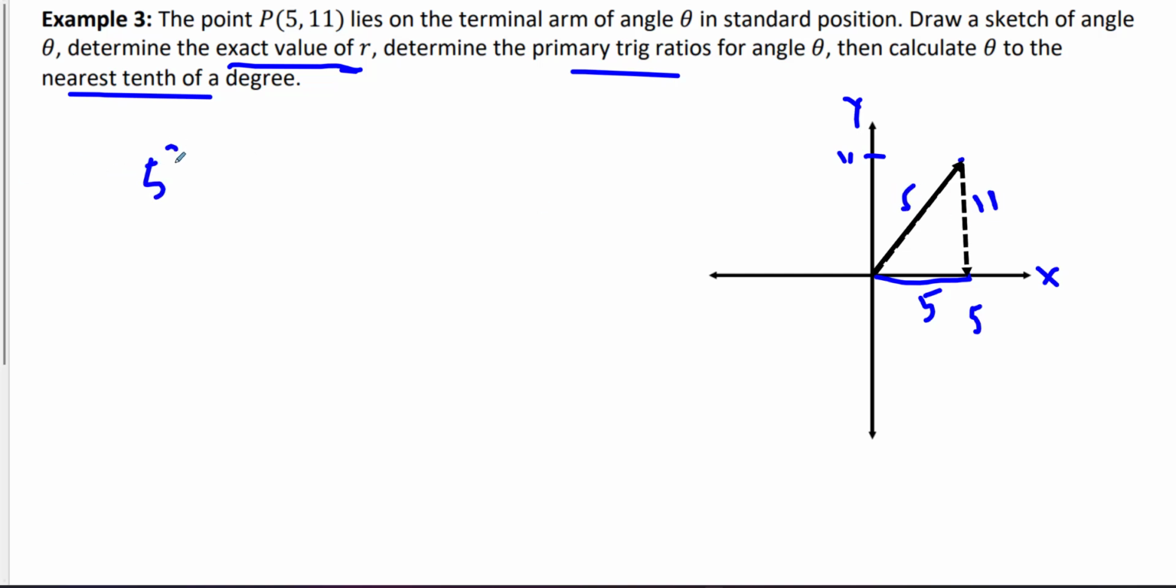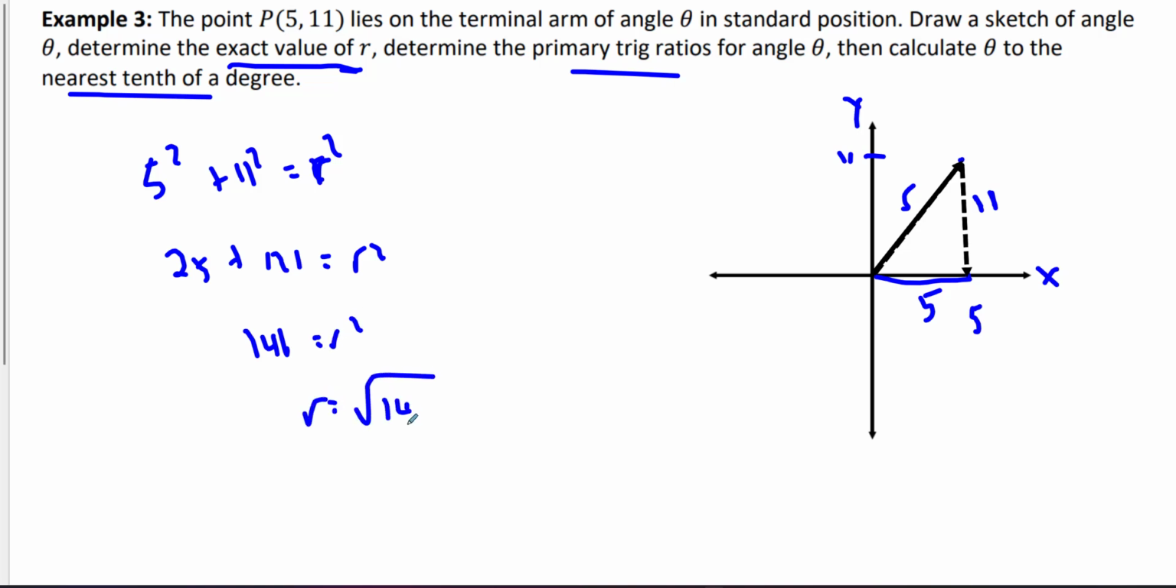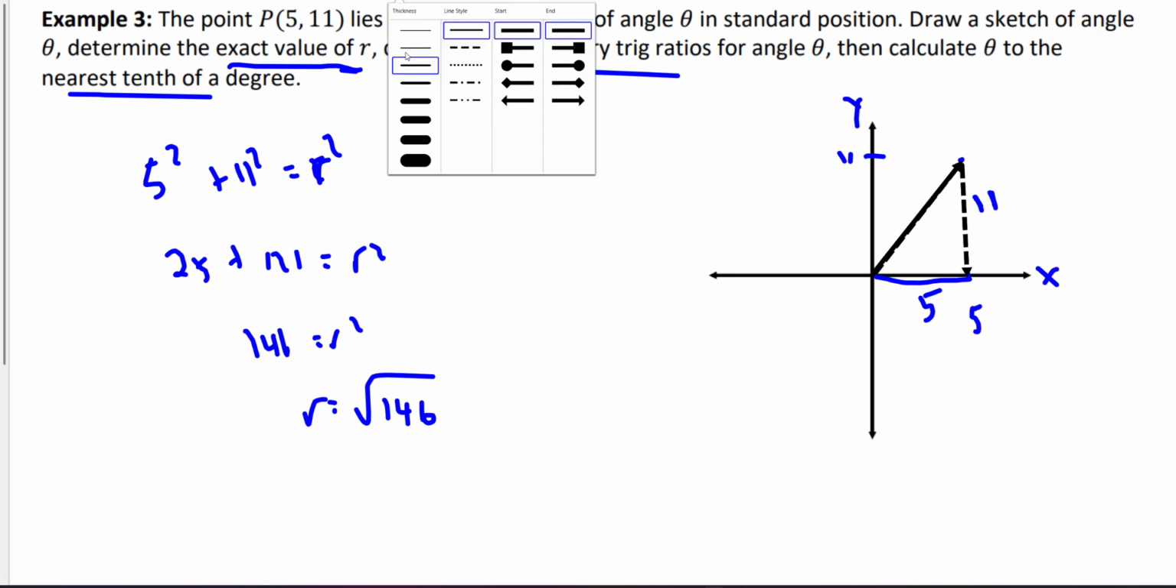Well, we do the same thing. 5 squared plus 11 squared equals r squared. That's 25, that's 121. That's 146 equals r squared. r is equal to the square root of 146. So that's what you write because it said exact value. So you cannot write a decimal in this example at all. So square root of